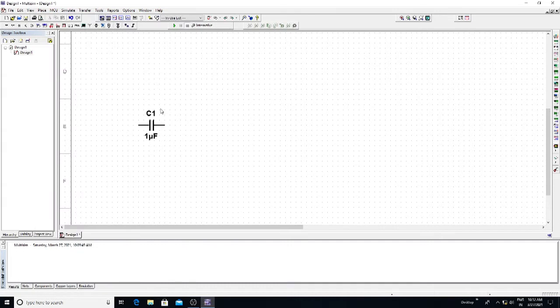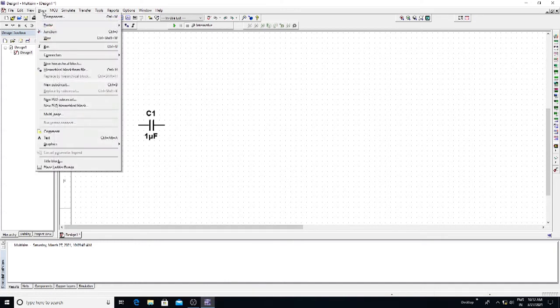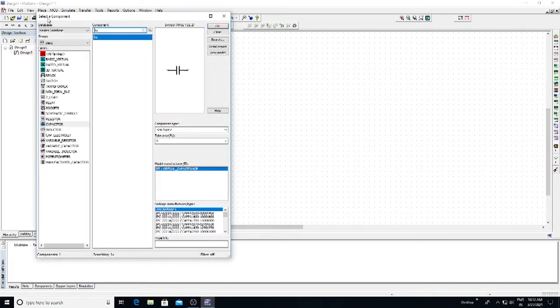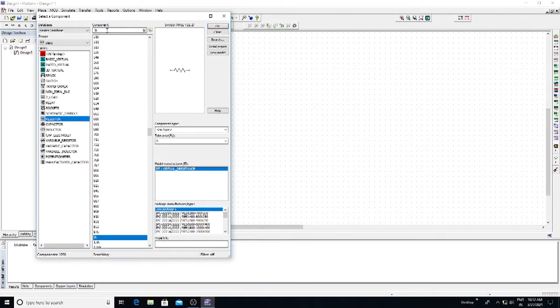Next, after the input capacitor, we have the biasing resistors R1 and R2. Go to Place, click on Component, select resistor. The value of R1 is 80 kilo ohms, so type 80K.